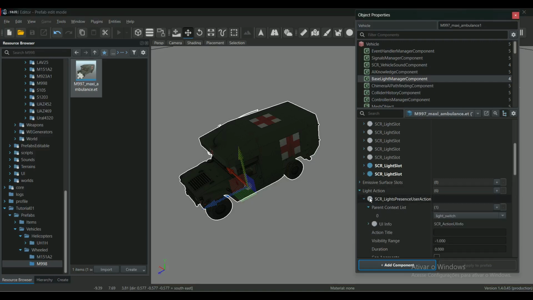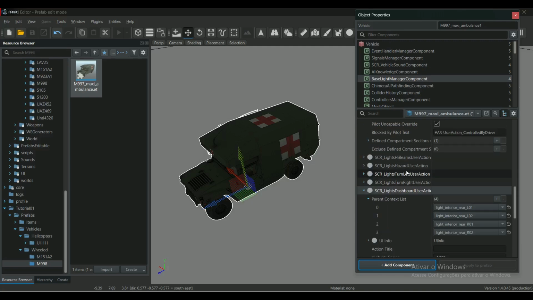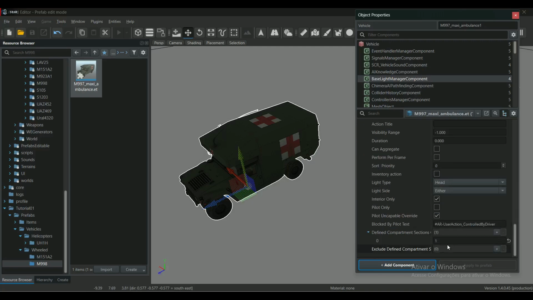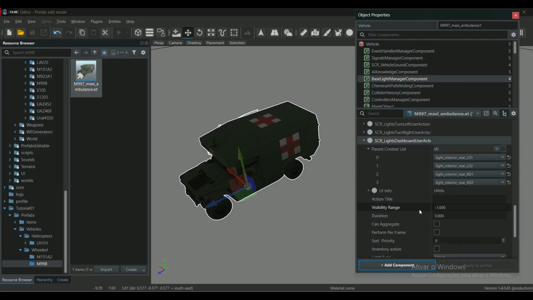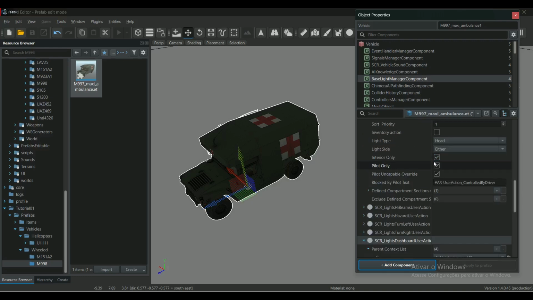Okay, the normal headlights are presence lights. You see here we have the configurations, etc., and there we go, 1 here as well. So you gotta be careful what you're going to choose if you start a new